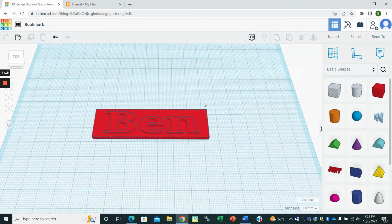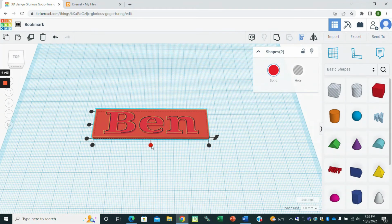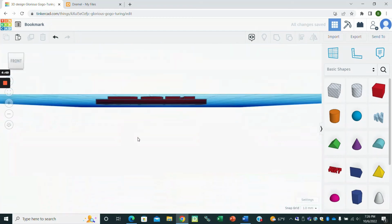Alrighty, so there's one last thing I want to do to show you guys how to get it perfectly even. If you hold down the left mouse button, you can make a box, and what this does is this is a selection tool. At the top right, there's a button that says align. If you want to go ahead and press that for me. And what we're going to do is we're going to align this object perfectly center. So if you press the center button here, and the center button here, this will put our text perfectly center